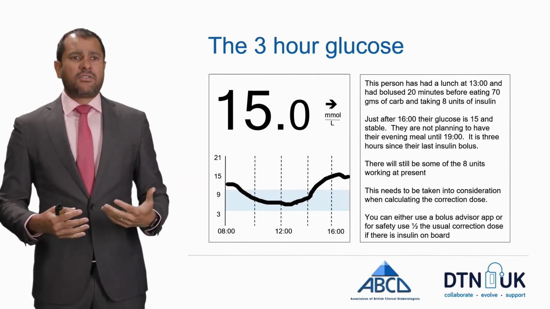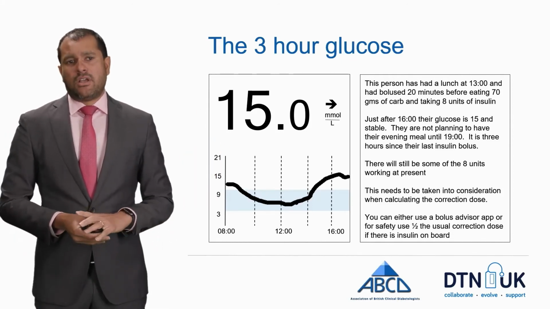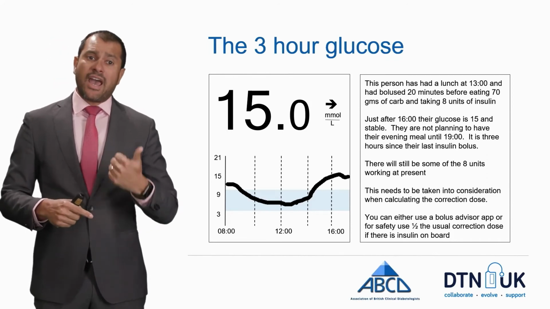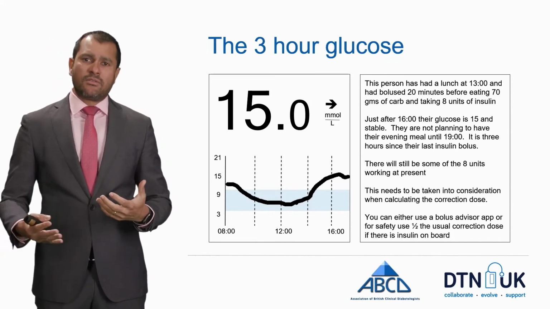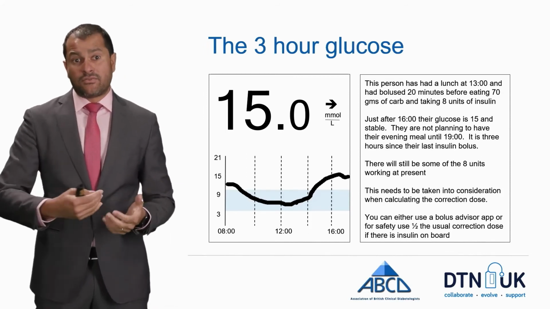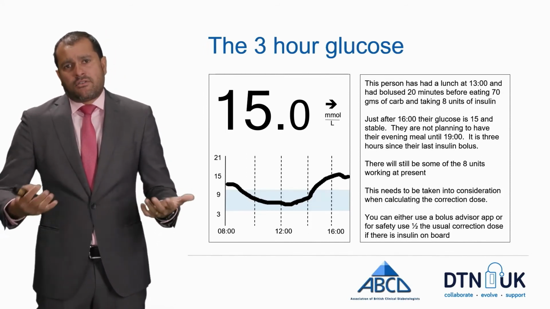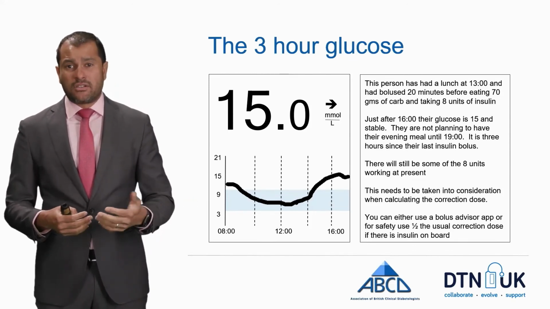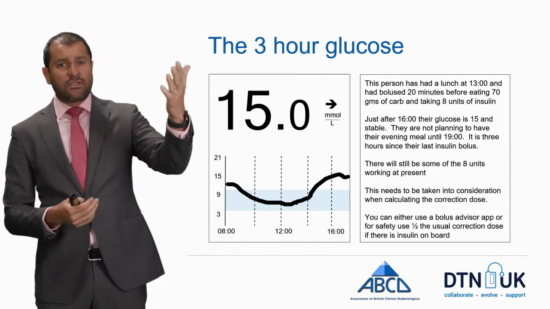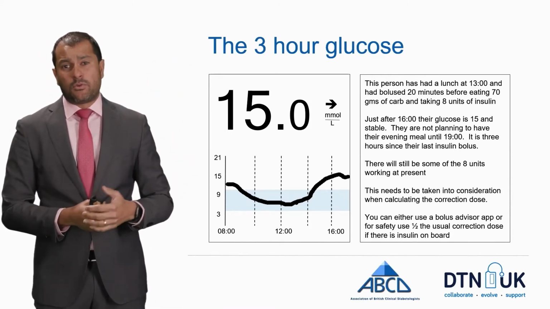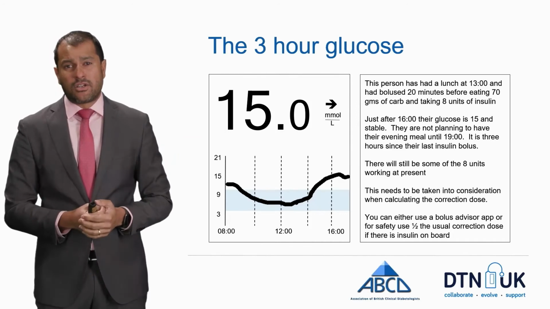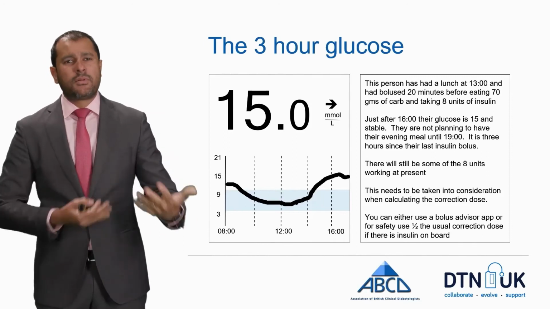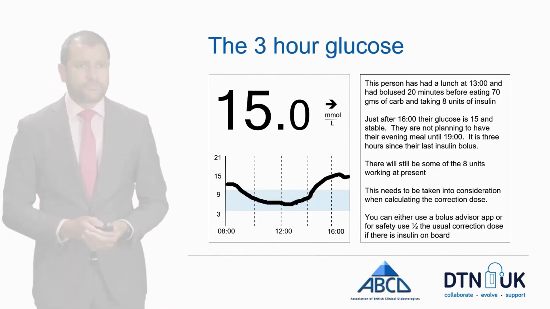If you are in that scenario and you think, I'm 15 and I want to do something about it, we think there's 2 things that you might think of. The first is to use a Bolus Advisor app that understands how much insulin on board there is and does that calculation for you. If you don't want to use that or don't have one, a simple rule of thumb that gives you a safe dose is do half the correction. So if normally the correction dose from 15 down to 6, a drop by 9, would be 3, in this scenario you might only take 1.5 units. So just be cautious if you're correcting post-meal.